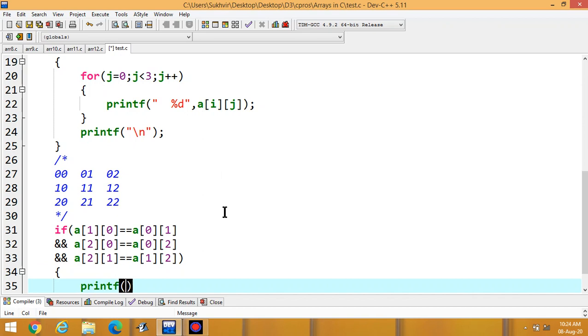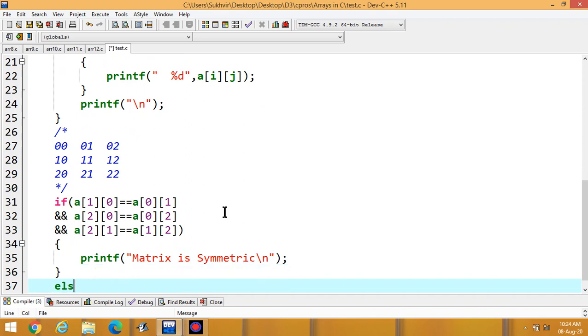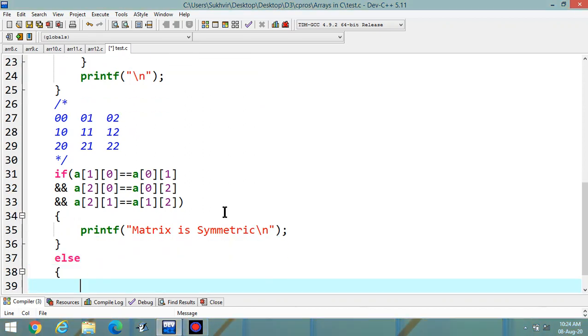Printf matrix is symmetric, and the second statement is else. Printf matrix is not symmetric, like this.